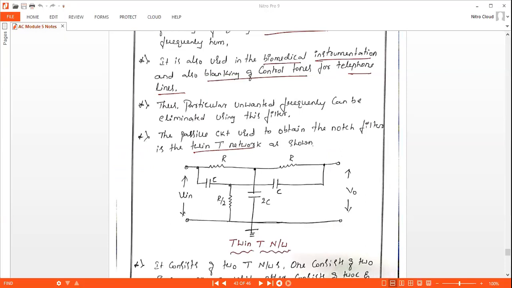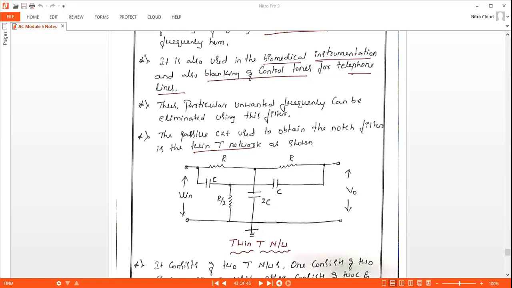If I want to make the connection, just click here, then drag it and you can join it. While joining you have to double click it. Similarly, once again I will show you. If I want to join here, just click on this, drag here to pin number 3, and double click. This is how we make the connection by placing the components. Next, if I want to use the signal generator, go to Simulate, Instruments. You can use the function generator, just place it here. Similarly, if I want to see the output, go to Simulate, Instruments, the oscilloscope, and I can place it here. So this is how we place the components.